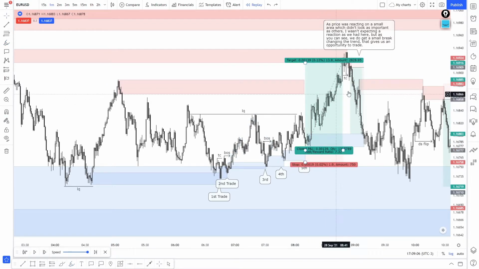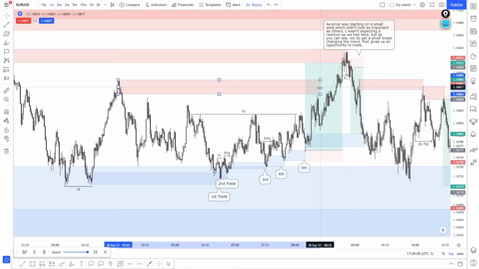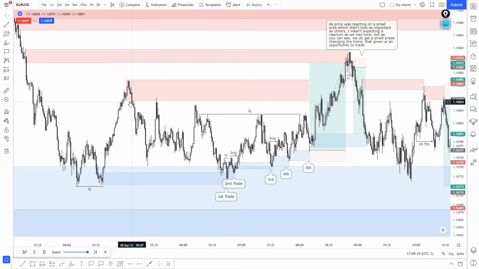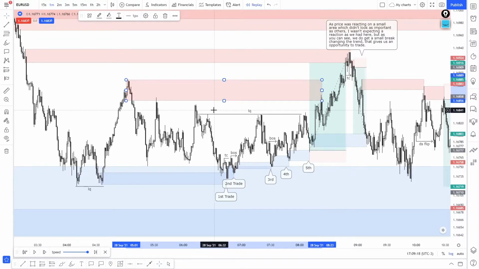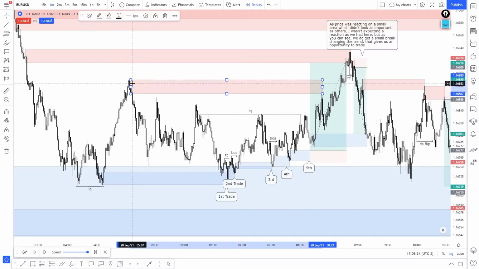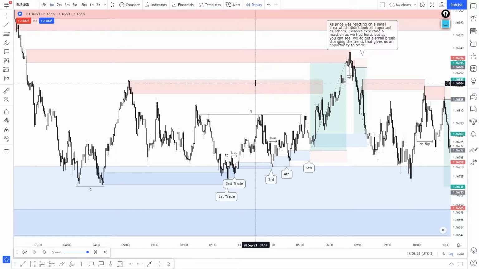So I had the area drawn, but I was really not doing anything, even though we were there already, right? And as you can see, price reaches somewhat of this area, which I think it was a 5-minute candle, and it does react there. But the thing is that we had reacted to that 5-minute area as it is already. So I was kind of just looking at this, and to be honest, I was kind of leaning towards just drawing this, but I said, I'm not going to trade this. Let's just draw the whole area, right? And see what happens there. So